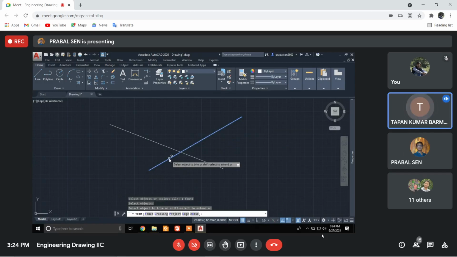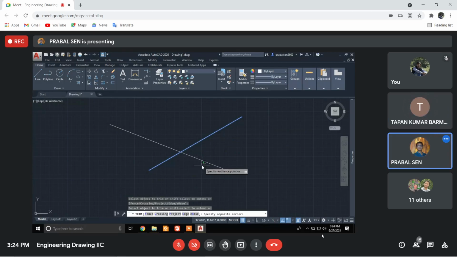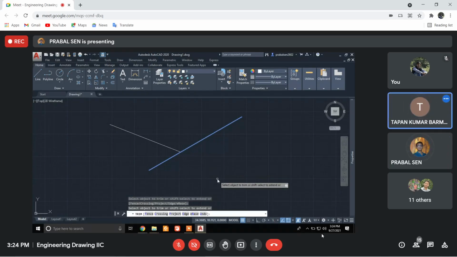Now trim. Which part you want to trim? It should be in the second line. Already you have taken one line. So select that part. Enter. Okay, basically, depending on the versions and your default options, you will get different things. But what you have to do is always follow the command line, what is written there, and accordingly do the action, and you can do this.